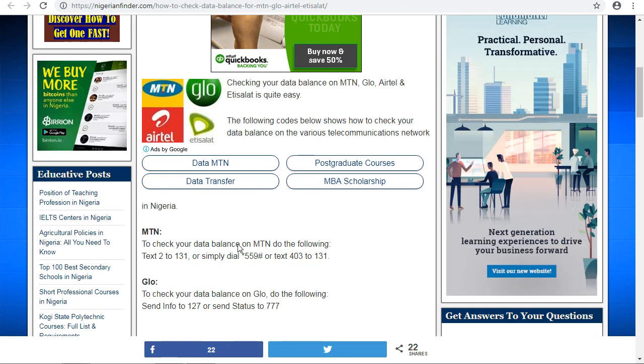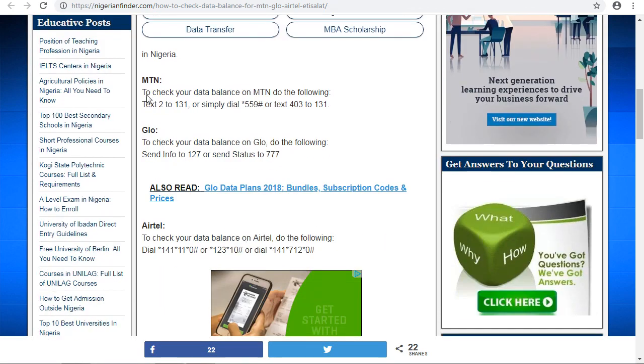To check your data balance for MTN, all you have to do is, on your phone, text 2 to 131. If you want to check your data balance on MTN, just text 2 to 131, or you simply dial